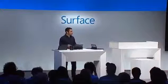Now, because it clicks in and you're able to use DisplayPort, you can see the resolutions up on the screen. You can power 2 monitors right off this docking station. You can power up to 3840 by 2160. That is massive resolution in this PC. And if I'm telling you and you believe that this is faster than almost any PC you've ever used, and it is, as a matter of fact, I'm looking at many of these PCs that it's faster than,